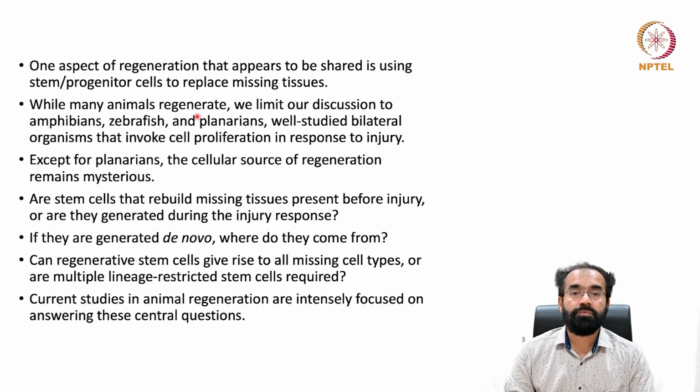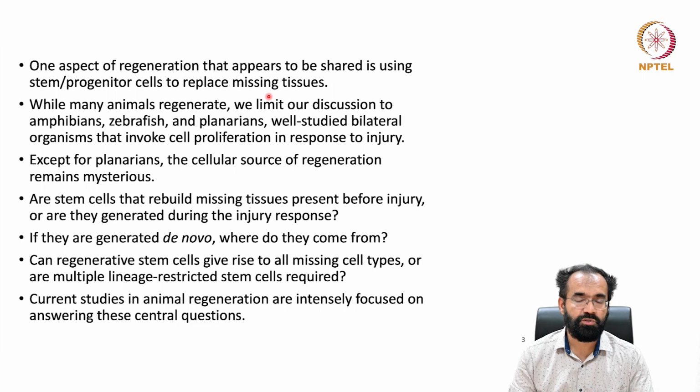One aspect of regeneration that appears to be shared is using stem and progenitor cells to replace the missing tissues. No animal can directly make a differentiated tissue from a pre-existing differentiated tissue. Say, one RBC cannot be formed from another RBC. You need its hematopoietic stem cell, the so-called progenitor cell. While many animals regenerate, we limit our discussion mainly to amphibians, zebrafish, and planarians,